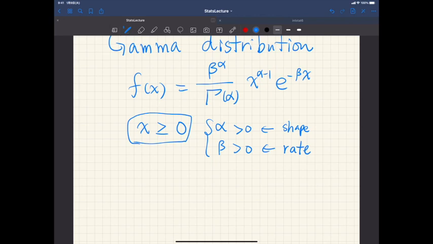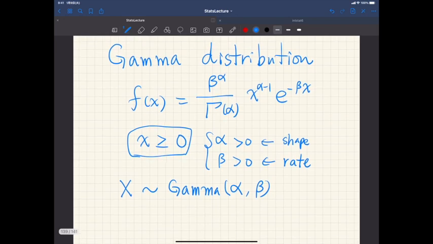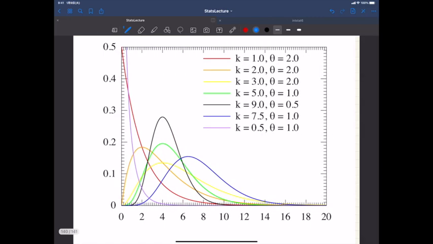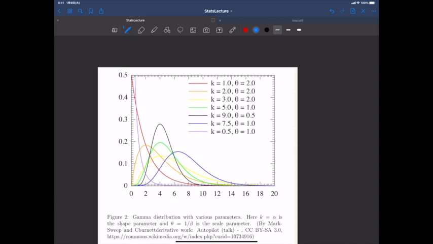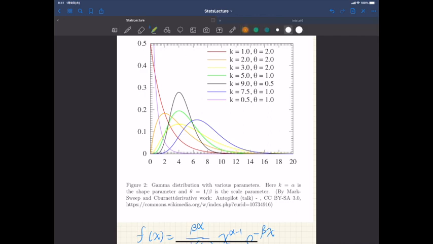And when a random variable x follows this gamma distribution, we write x follows gamma with parameters alpha and beta. Let's see some examples of this density function. Here I took this figure from Wikipedia again,